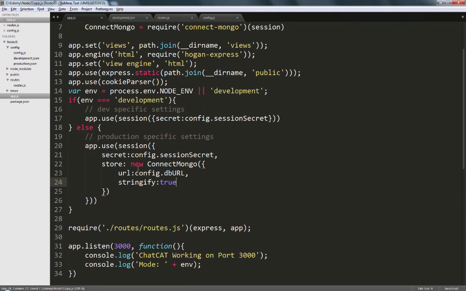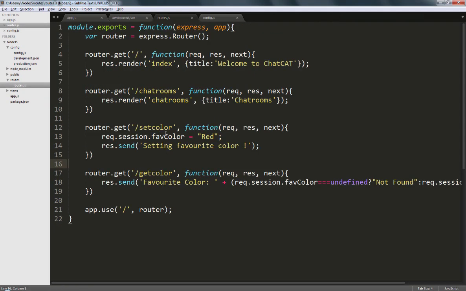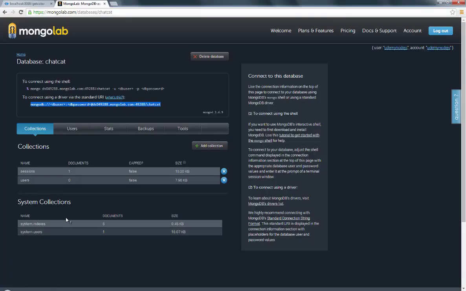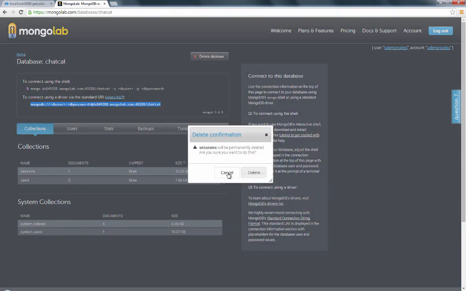let's just try this out. So remember, we had created our routes, and the set color and the get color are still there. So let's use these to try them out. And I'm going to set the node_env to development first, and let's run the app. So right now the mode is development, and let's just go to MongoLab, and I already have a sessions collection over here which I was using earlier. So I'll just delete this